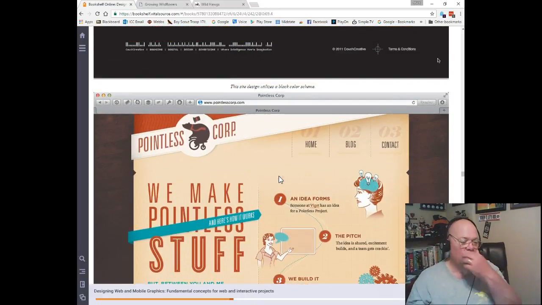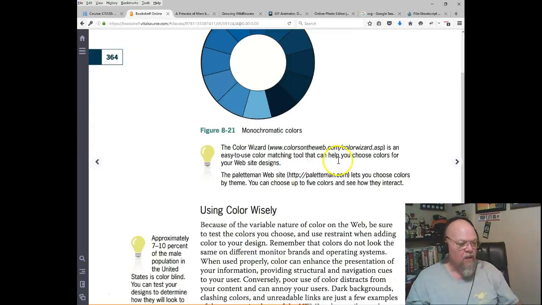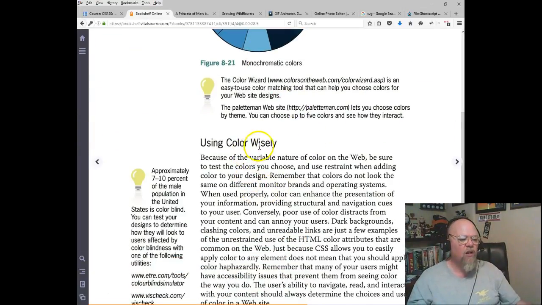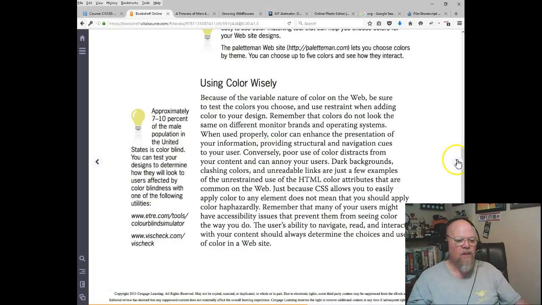So as you can see, really picking out a nice color scheme for your site is really kind of a basic building block for your website. So again, they talk about using color wisely. Again, another thing that this book doesn't get into, but the next class does, is you really have to start